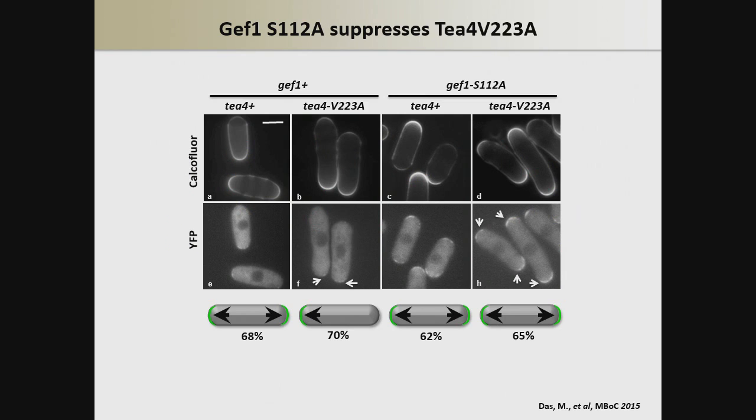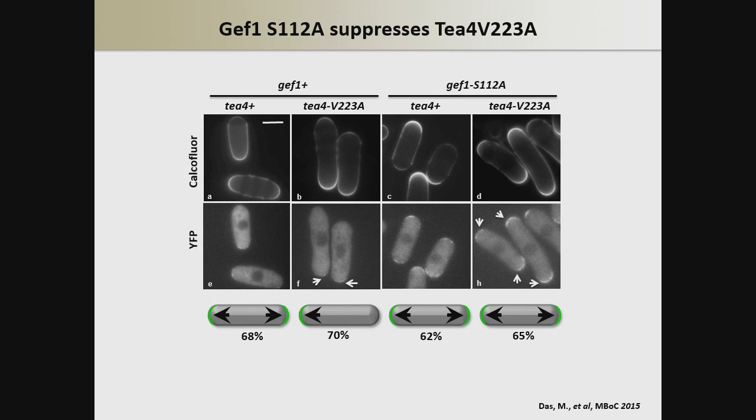In a different experiment, we looked at bipolar growth activation in a mutant of Tea4, one of the microtubule-dependent polarity factors. This mutant, the V223A mutant, fails to recruit the phosphatase 1 to the cell tips. Once you express the V223A, a high percentage of cells are monopolar, and Gef1 is localized only at one of the cell tips,